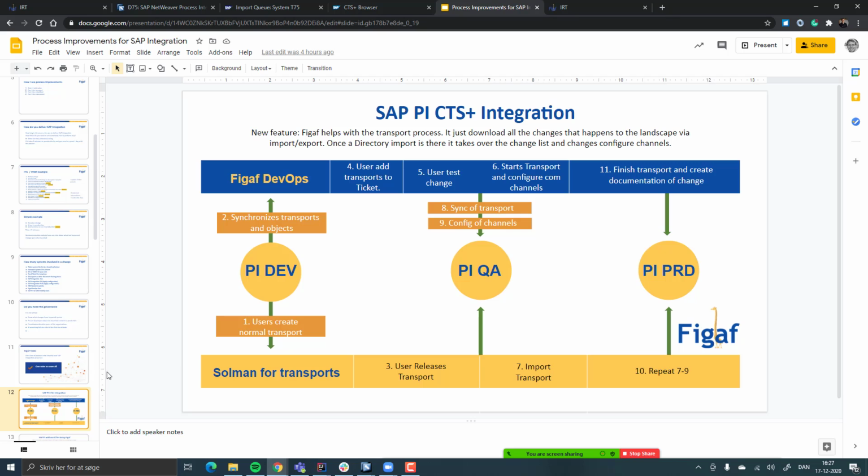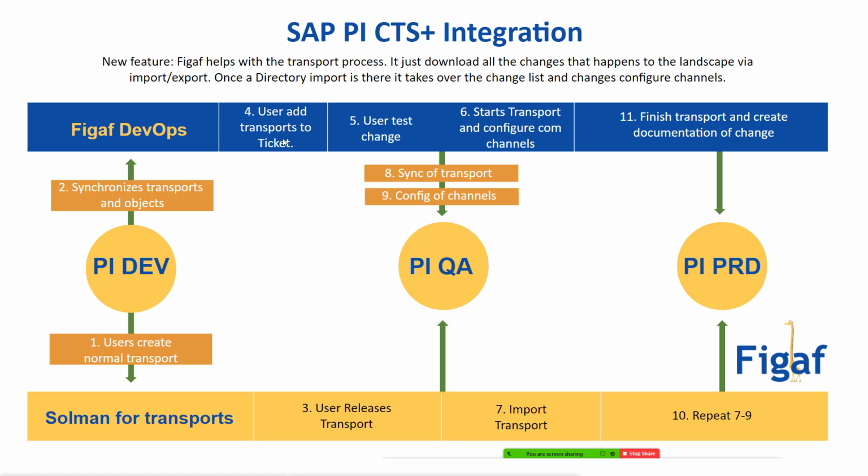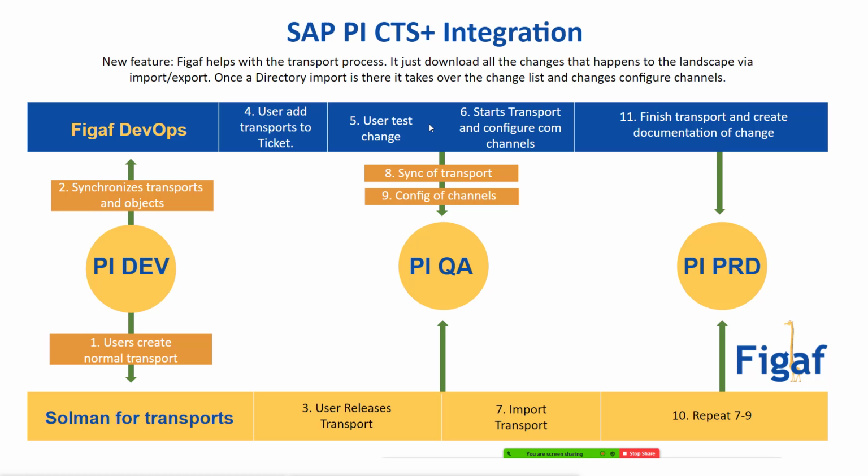So those were the demos. So let me just show you these two scenarios that we have here. So you would normally create your transport in Solution Manager. As a developer, you would then put all the objects into this transport. You will add the objects to it. You will perform the user tests. You'll release the transport, and then you will